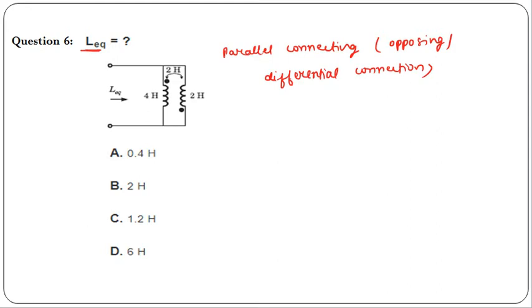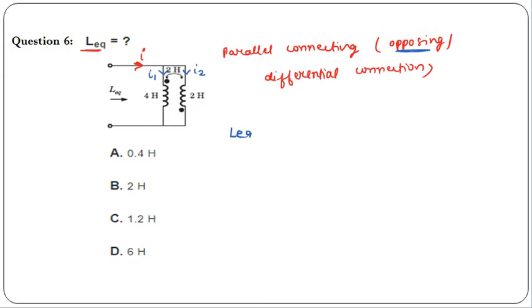कैसे पता लगा कि ये opposing connection है? Because suppose total current is I, now it will divide into the two currents, that is suppose this is current I2 and this is current I1. So L1 में क्या है, first current is entering into the dotted terminal, but for L2 current is entering into undotted terminal. So opposite configuration में current enter कर रहा है, so that is why it is of opposing nature.